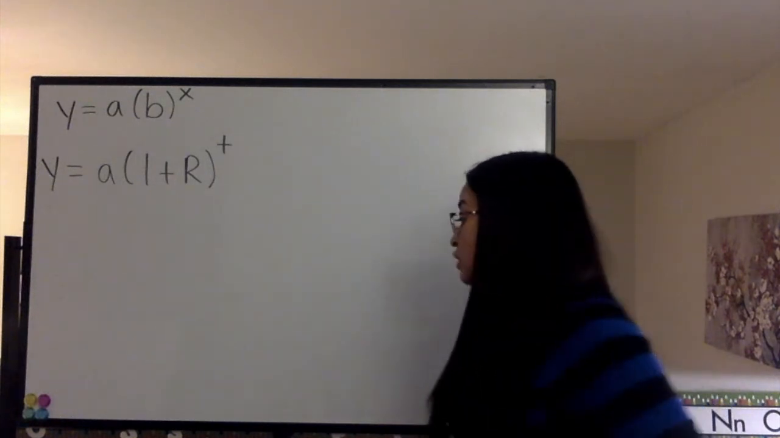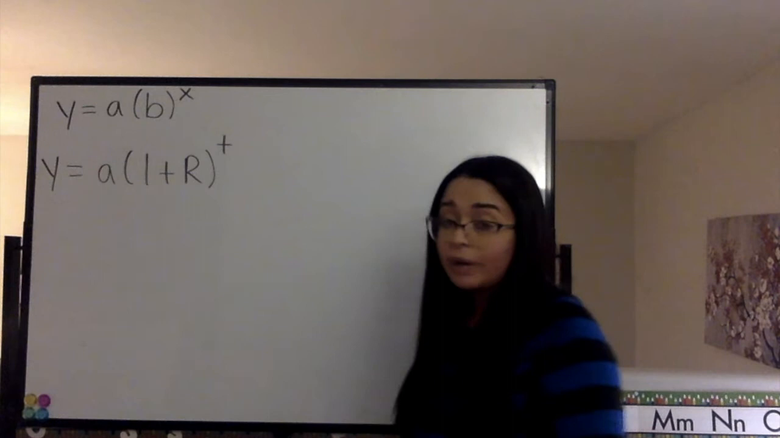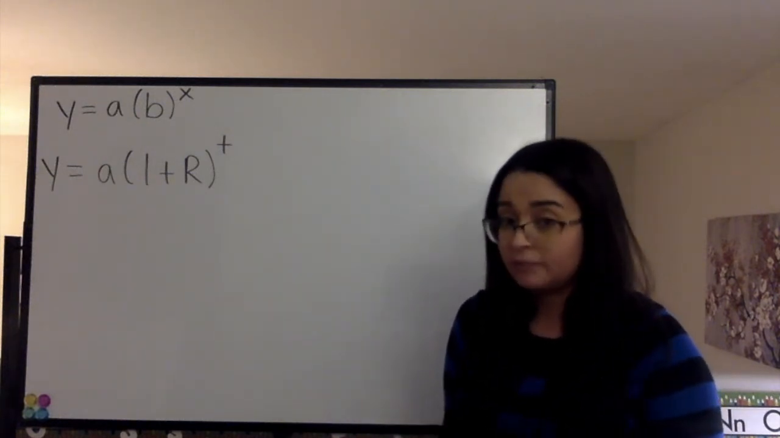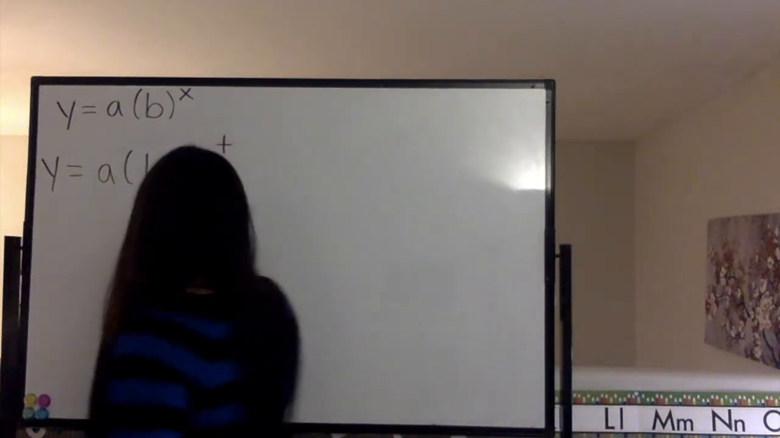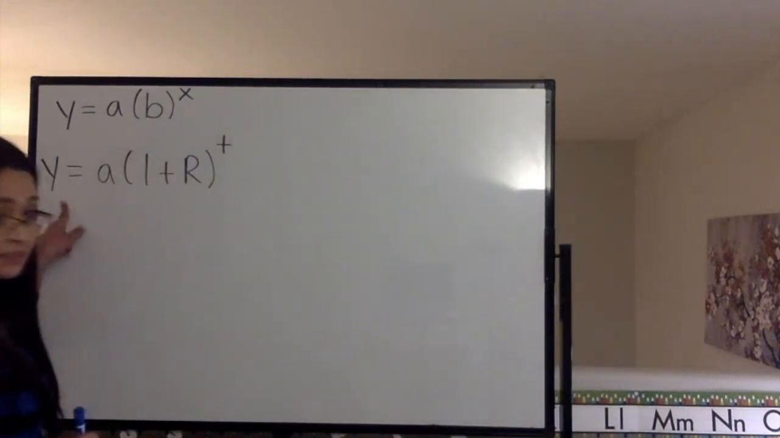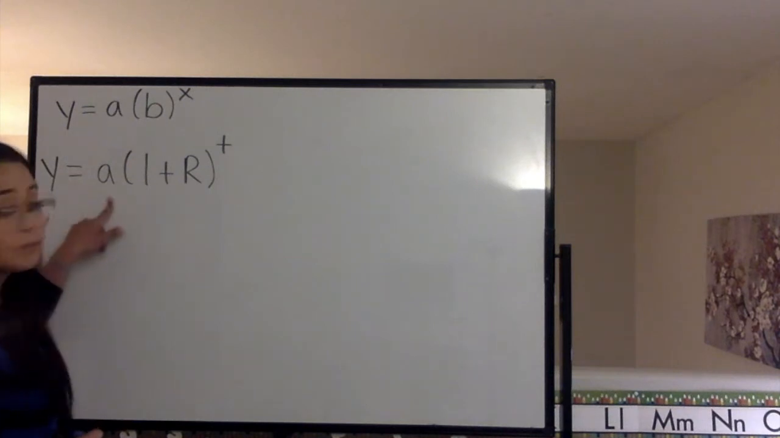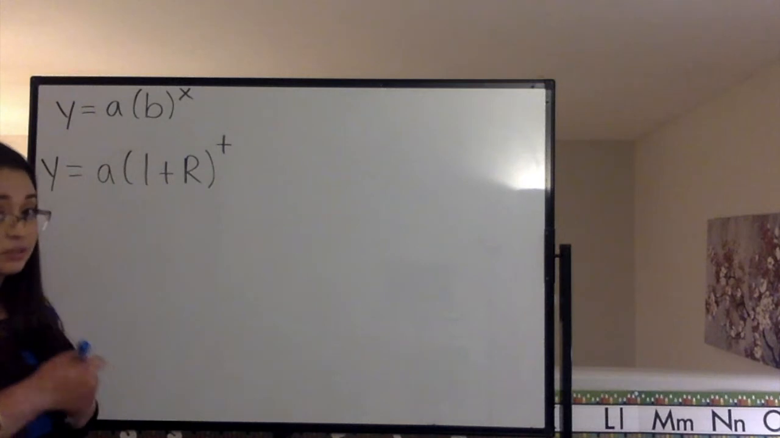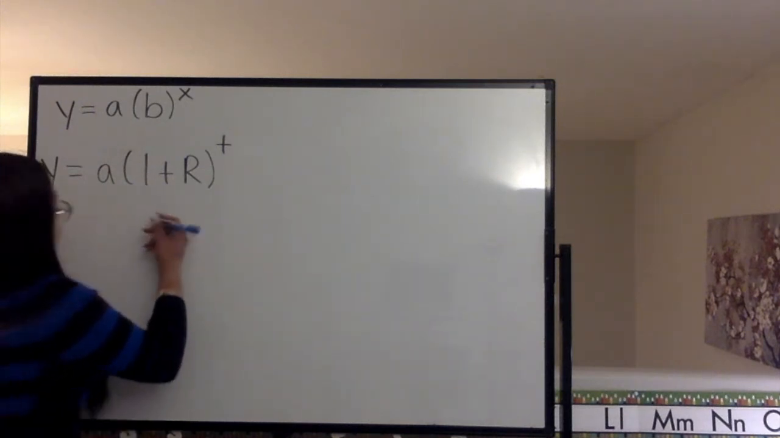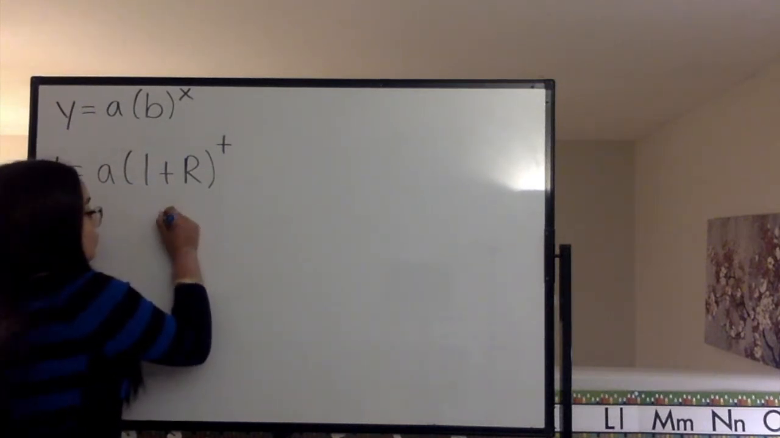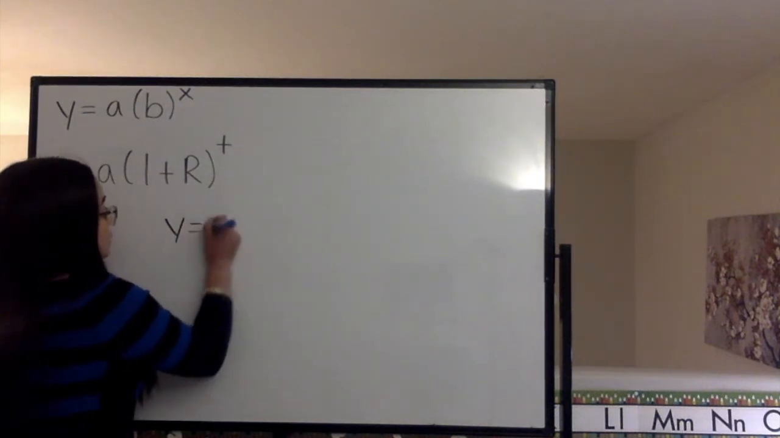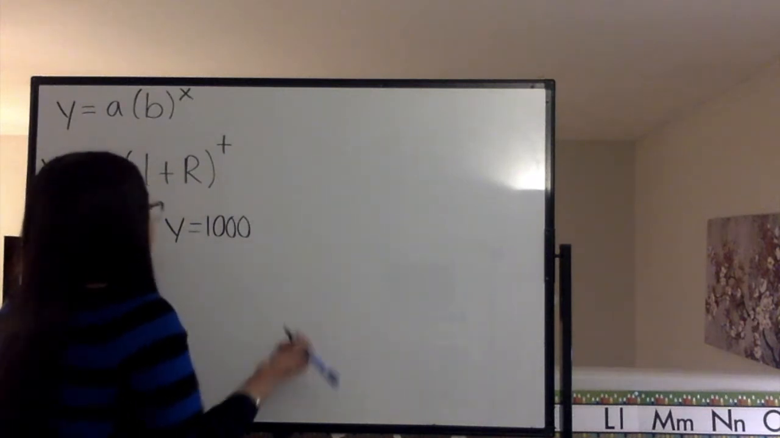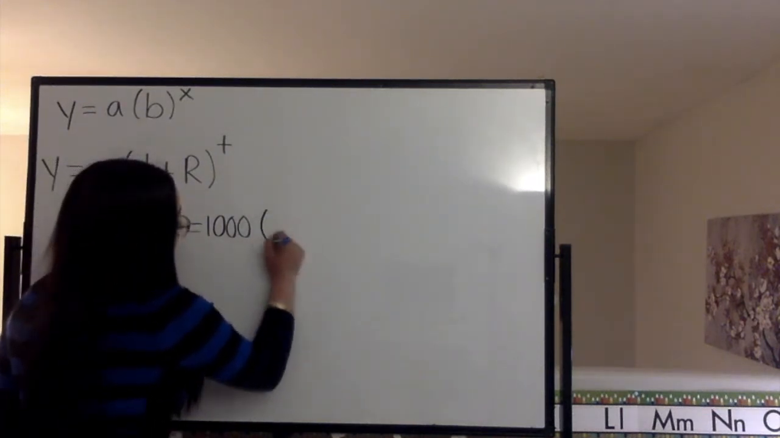Okay? So we're solving for y. Y is going to represent the amount of bunnies there is in the year of 2020. Okay? So that's what y represents. A represents the number of bunnies which we are starting with, which is 1,000 bunnies. So y is equal to 1,000 times